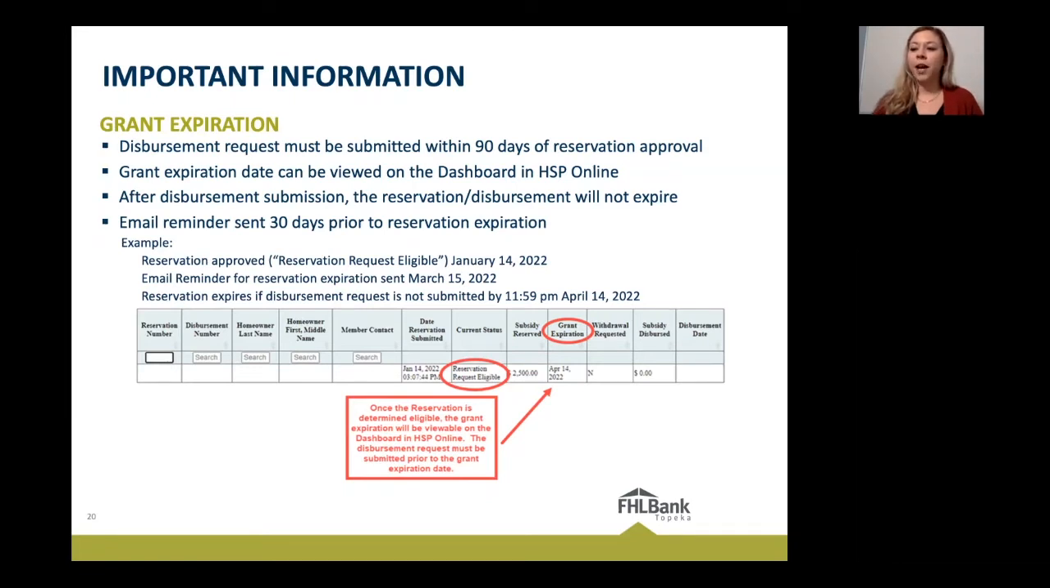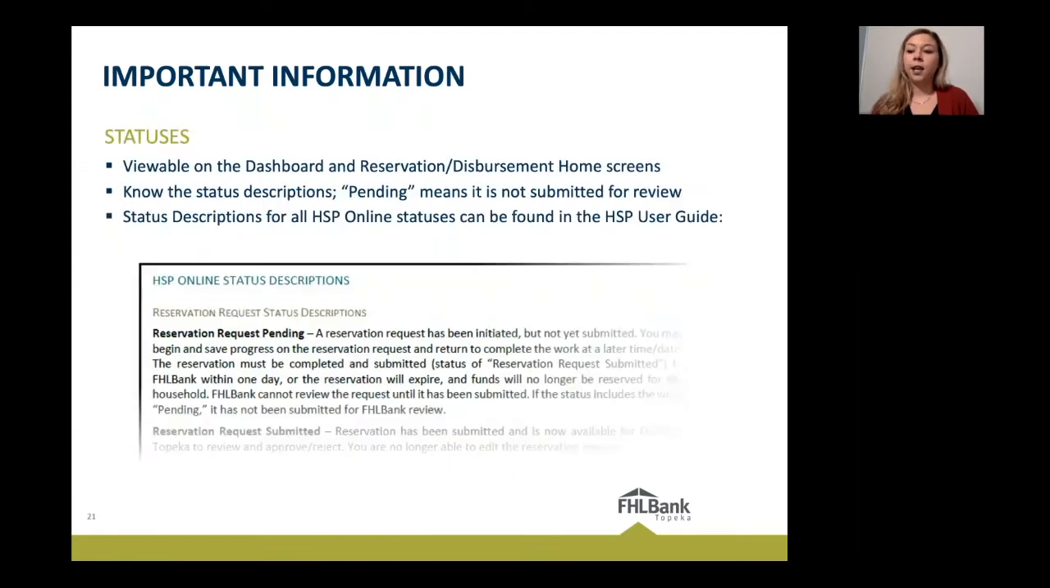When the grant expires, the funds reserved for the household are transferred back to the allocation and any member can reserve the funds. Unfortunately, this can and has resulted in members not being reimbursed for their grant funds. An important piece to making sure disbursement requests are submitted prior to grant expiration is knowing what the statuses in